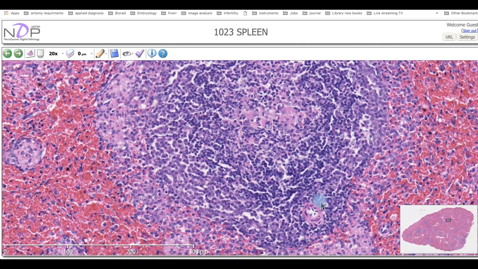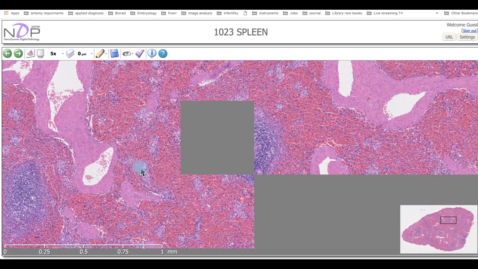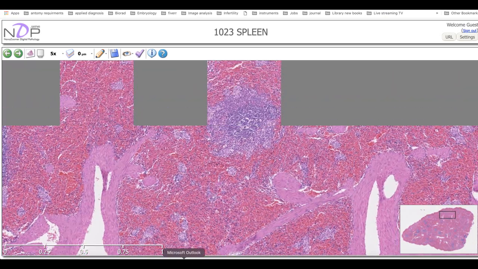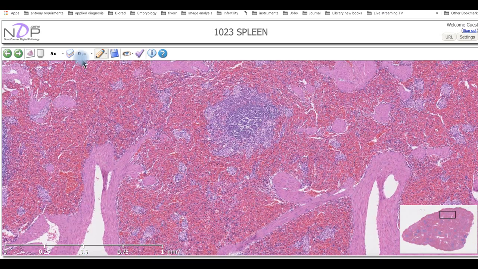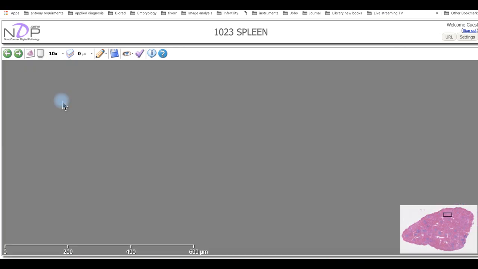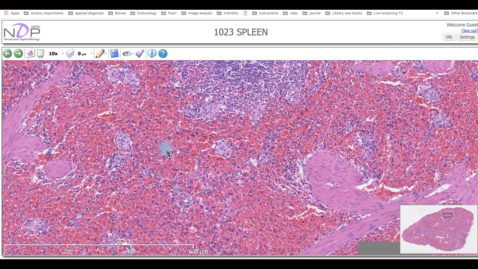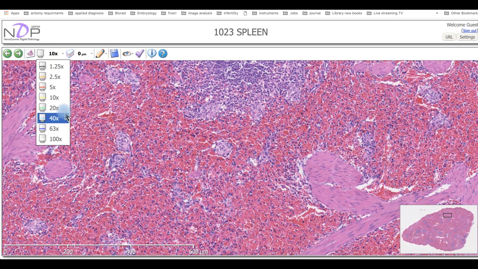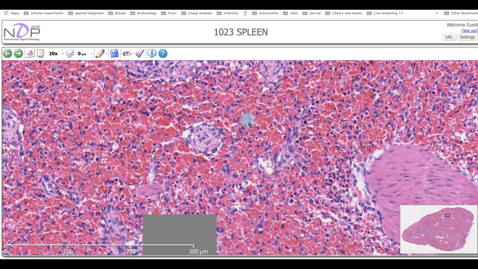Okay, and you can see here clearly this is the arteriole, the central arteriole or the nodular arteriole. If we go back in magnification, again, this is the white pulp and this is the red pulp. If we increase the magnification in the red pulp, we can see the blood sinusoids, and all of these cells are blood cells, the red blood cells and